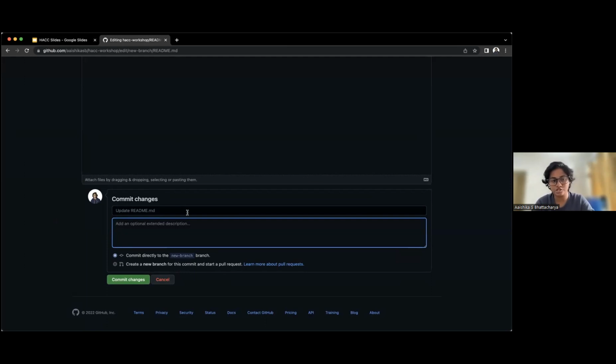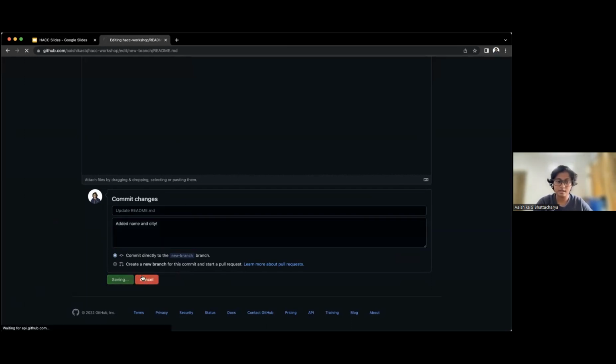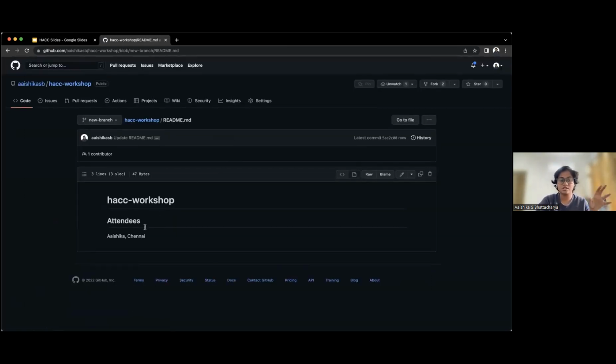So I'm not going to change "update readme.md" because that's pretty much what I did. Optional extended description would be "added name and city." And now I can commit directly to the new branch here that you can see. And once I click on commit changes, you'll see that readme.md now reflects all the changes that I just made.